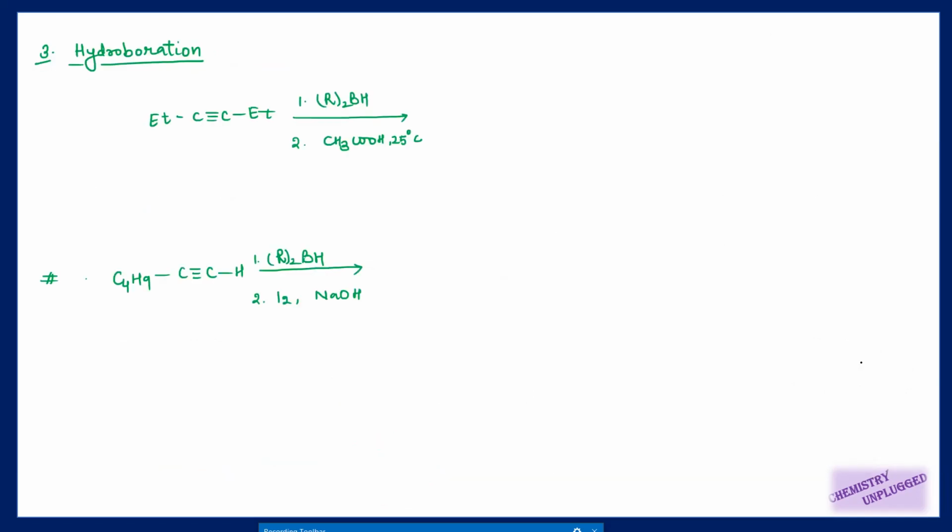Then we can use hydroboration. We are very familiar with hydroboration, that we can use organoboranes for this purpose, and we can have different types of organoboranes, catechol and many others. So we will take detail of boron compounds in the reduction chapter, right? So we are only going to take a little bit, basically the conversion of alkyne to alkene, in this section only. When you are using these organoboranes, there is syn addition of hydrogen and boron, right? One important point is this, there is syn addition of hydrogen and boron.